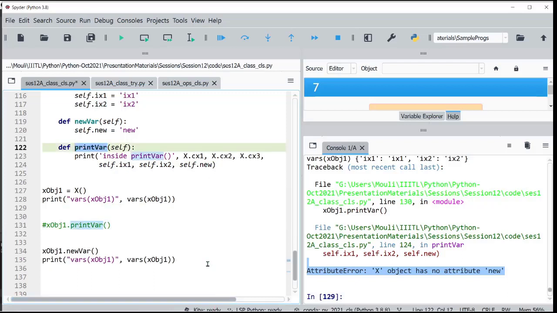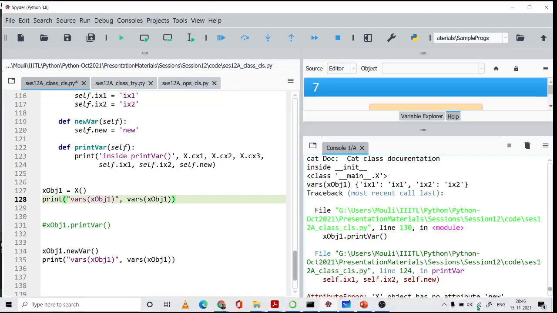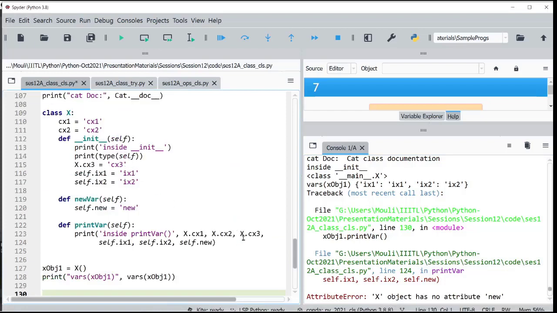Sorry, go ahead. Sir, on line 123, there is a x.cx1 which is giving it Uh, 122. yeah, yeah. Oh, that is giving error. That Yeah, yeah, yeah. You are right. This is also error. Okay, there is one more error. Is it? Let me increase your volume. Okay. Uh, no. Can you come again? sir, x is not defined. X is class name. Okay, got it. Got it, no? Okay, Got it. okay. Okay, okay. Thank you.